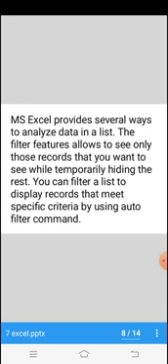Suppose you have a counting of 1 to 10 and you want the numbers greater than 5. So in the criteria you have to give greater than 5, then only 6, 7, 8, 9 and 10 will be displayed. So this can be done by using filter, or you can use the filter by using the auto filter command in the filter group.